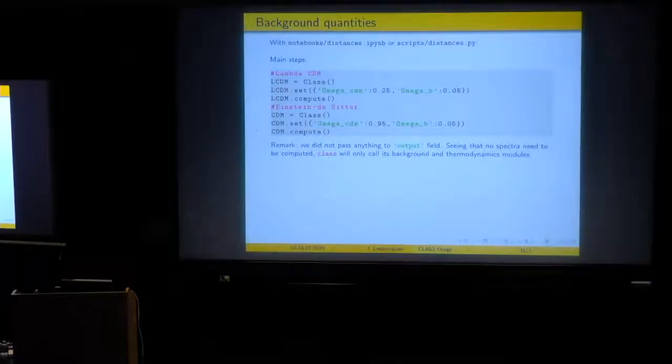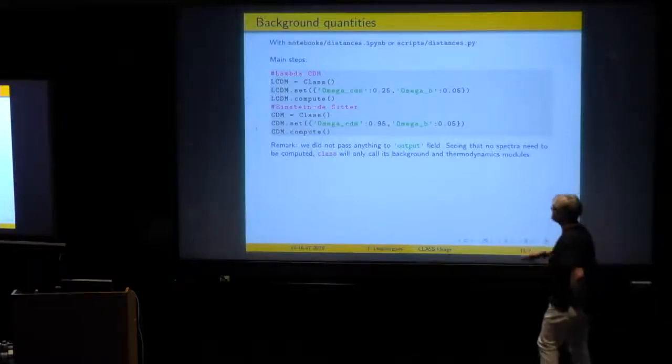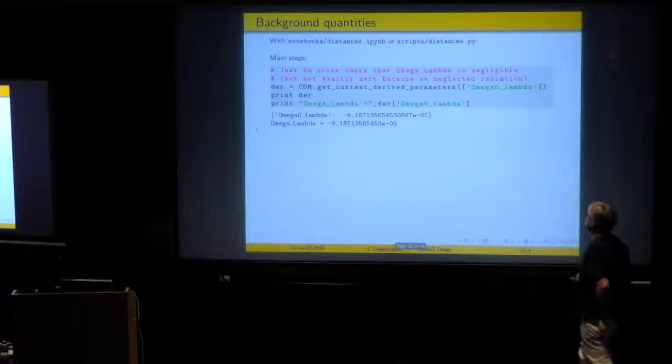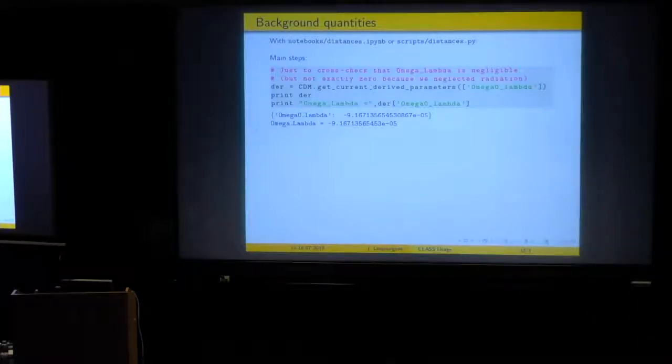Okay, so when I coded this, I had a doubt. Is the code doing what it needs to do? Will it fix omega lambda to something negligible but negative? And we should check it because there is a very useful function in the wrapper, which is get_current_derived_parameters. And as you shall see,